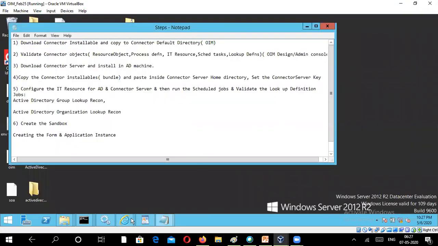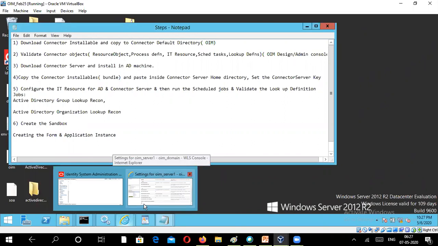As a quick recap, this is part of the series related to our Active Directory connector installation, where we downloaded the connector installables into the OIM machine, validated the connector objects, downloaded the Active Directory connector server and installed it on the AD machine, moved those connector installables into the connector server home directory, set the connector server key, and saw how to configure the IT resource parameters for both the AD and the connector server, and then we